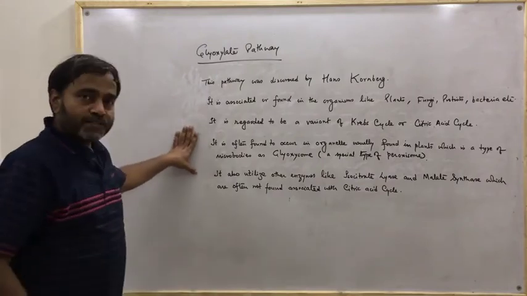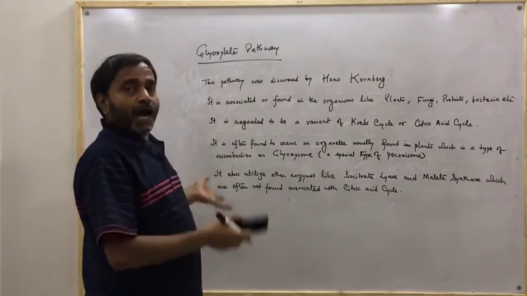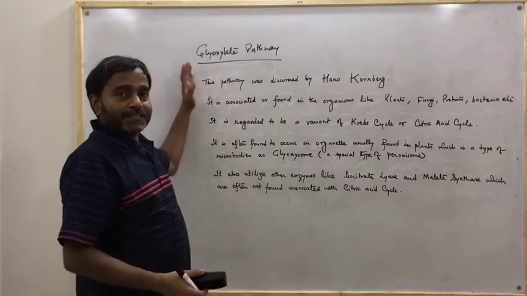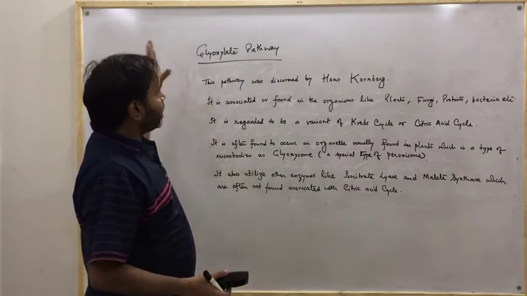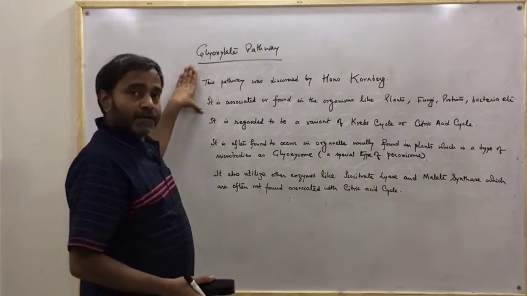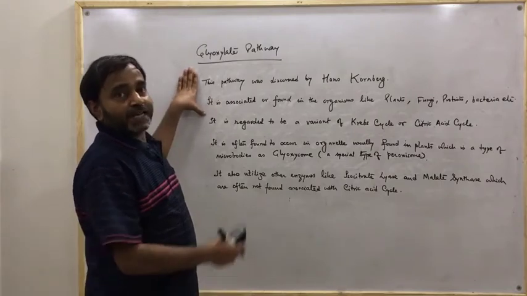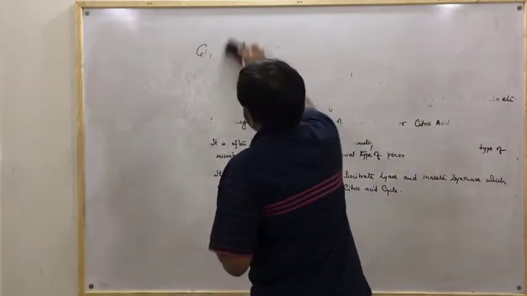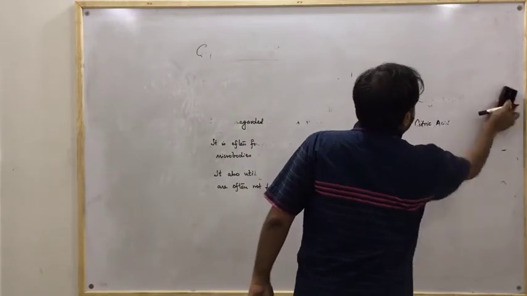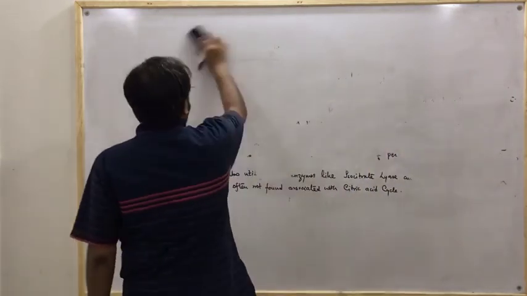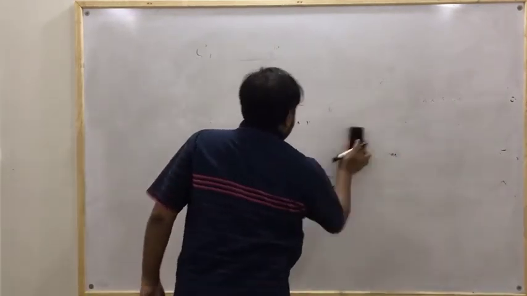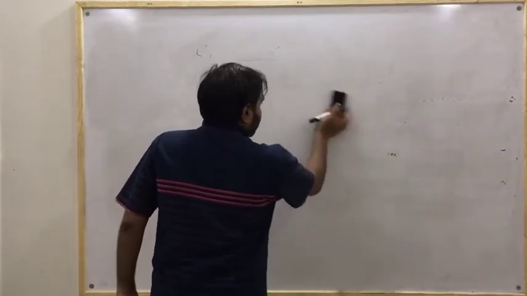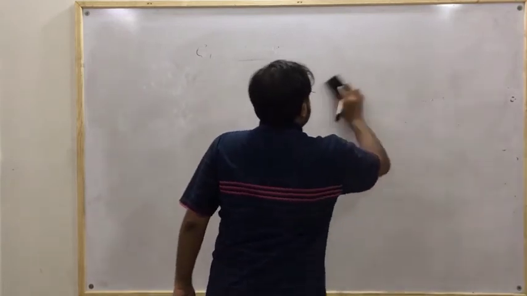So these are the important features, and now we will see how we can make this pathway, that is the glyoxylate pathway. It is also important, and there are some aspects relevant to this pathway that I will tell you. First we will make this pathway, how to show this pathway, and what are the enzymes and steps which are particularly involved in this.